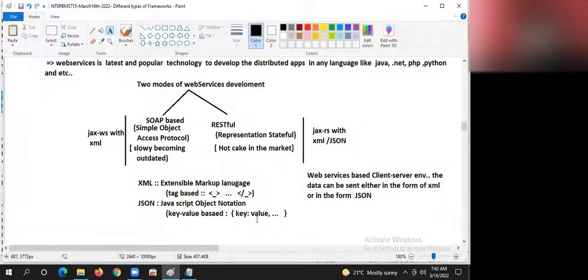Key and value both come under data. For example, SNO 101, SNAME Raja, SADD Hyderabad. In XML, there is a student tag, then SNO open 101 close SNO, SNAME Raja close SNAME. This closing tag is the biggest headache, guys.